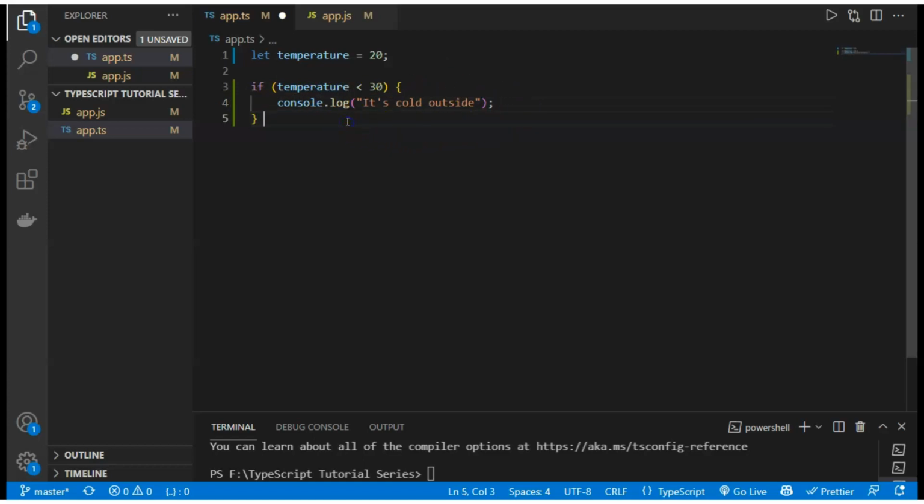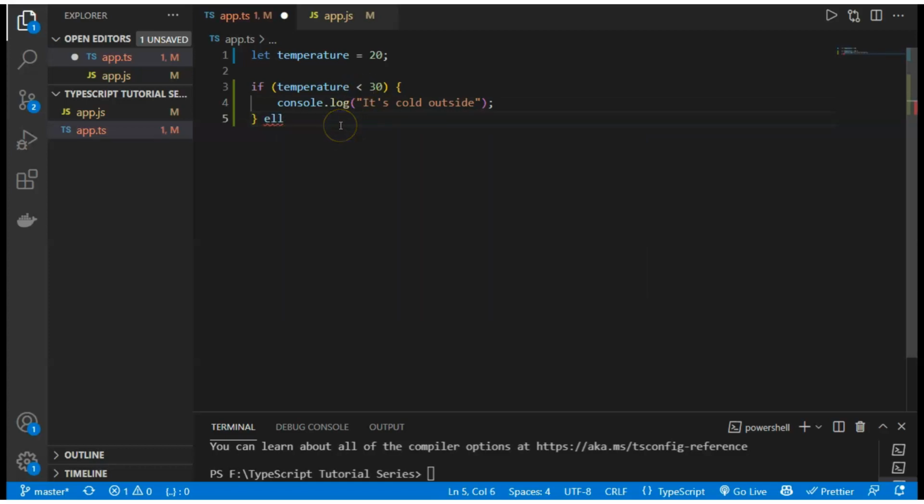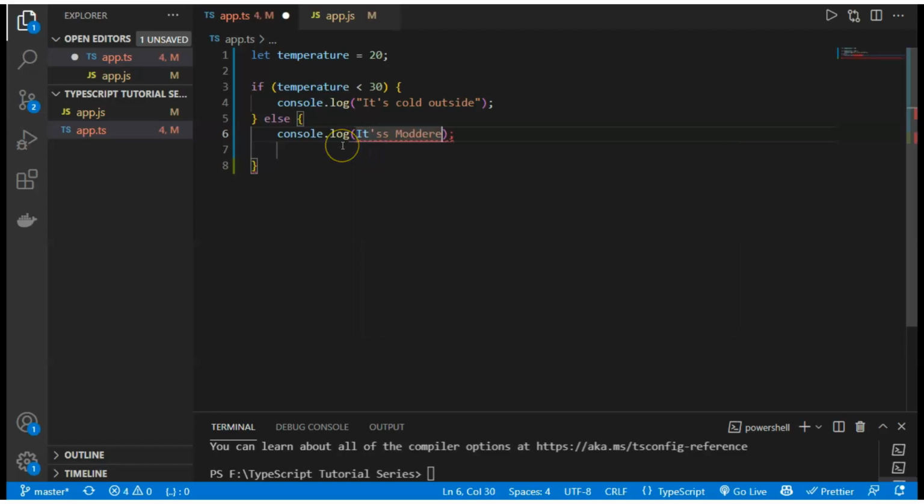And in the else part, if this condition is not satisfied, then the else part will run, and we write a message to the console, "It is moderate". So this will be the condition.